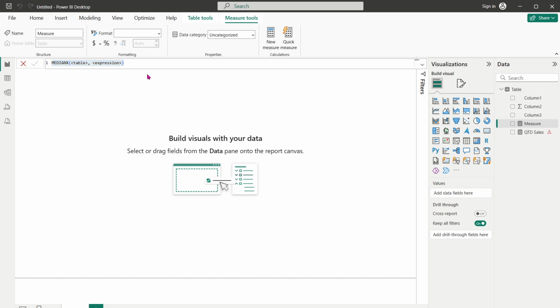The importance of MEDIANX is in its ability to evaluate expressions for each row in the table, then calculate the median from those results. This is especially useful when dealing with calculated fields